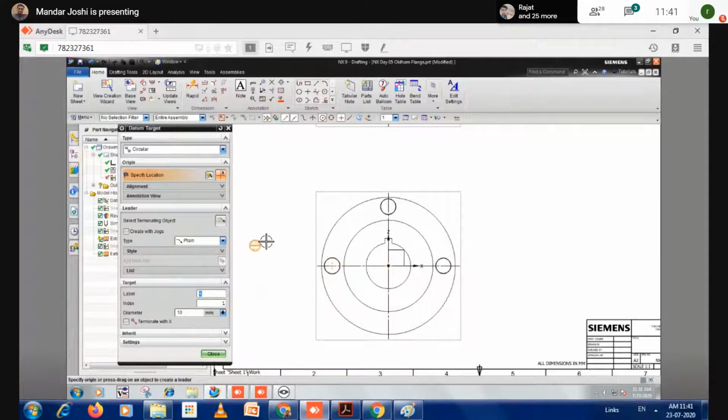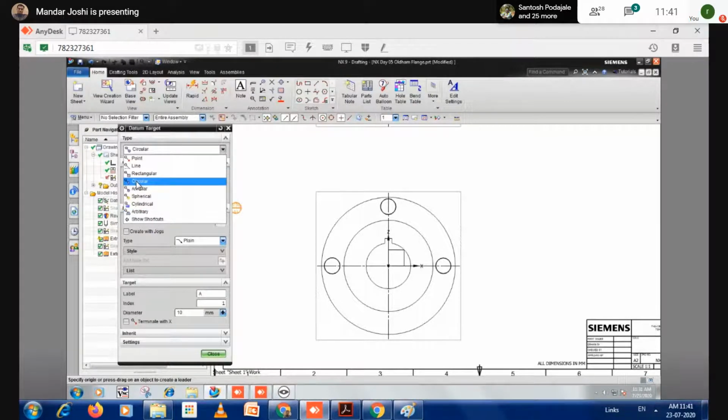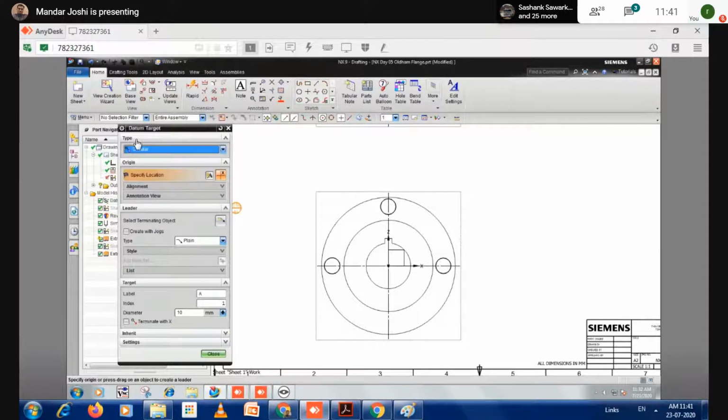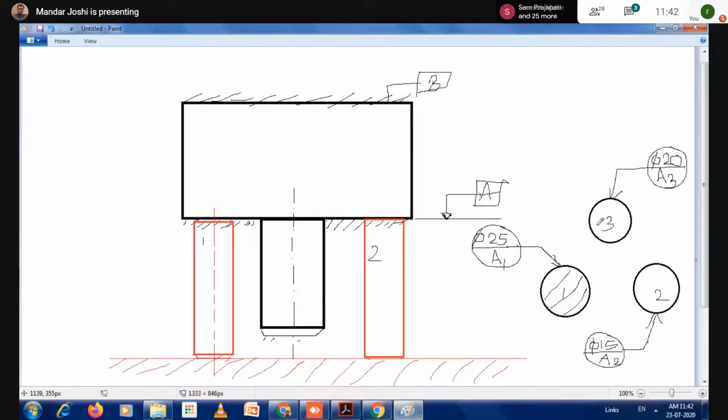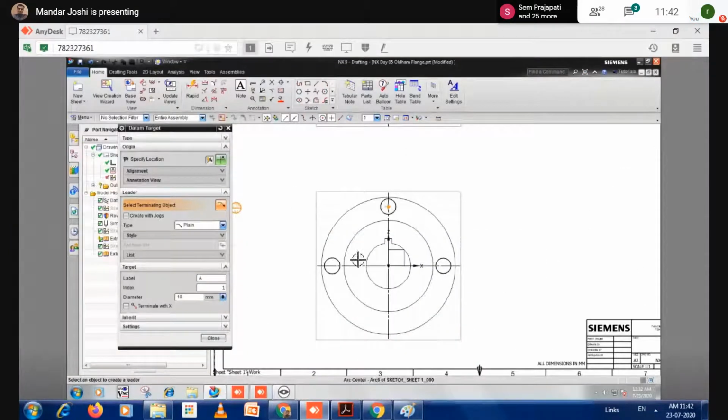Okay. So what we will do here, we have to type circular because the datum targets, the pins, are circular. That's why it is taking circular. If it's a square pin, then use this square symbol. So I need the circular option. The next step, do you want a leader? If you see this drawing, it shows the leader line. So you want a leader here. You take this leader and click on this.